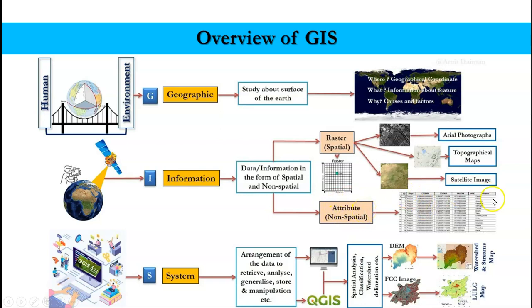Okay, here I showed one example. We collect a lot of data from the ground, asking questions of the people, like household survey, livestock survey, population, demography. This kind of data we call non-spatial data. Definitely we collected the data according to our requirement, but nowadays we need a